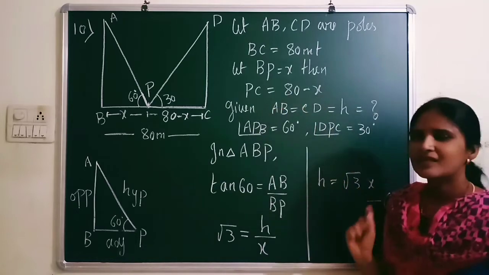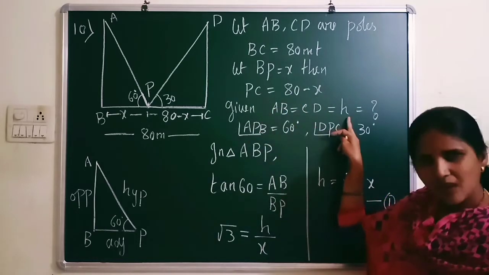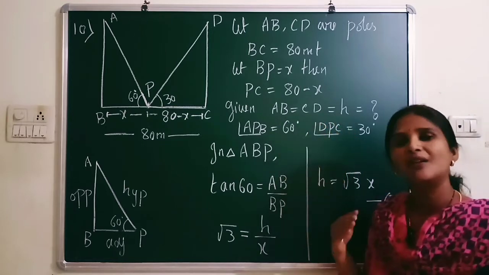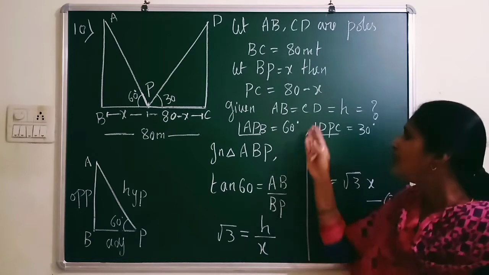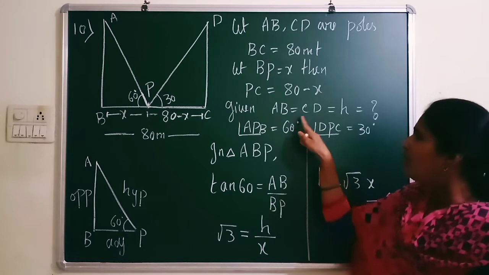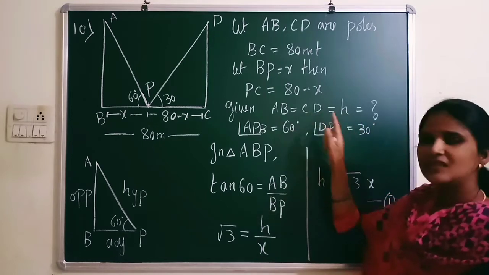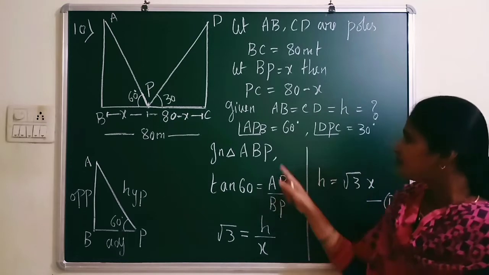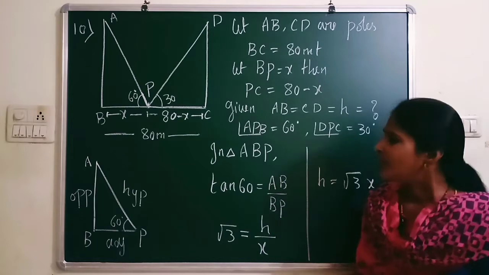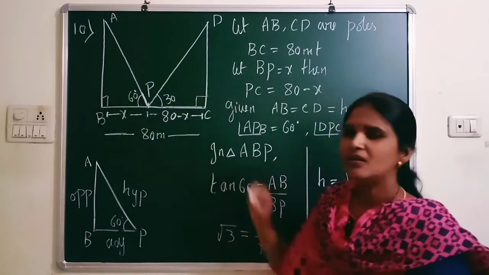Now, these are the starting assumptions, and he has given in the question that both the poles are of equal height. So, instead of using AB and CD, which are different and cause confusion, when any two things are the same, equate them to one alphabet. So I am taking this as H. AB and CD both are equal, equate them to H. Now, I need to find this, the height of the poles. And given APB is 60 degree and DPC is 30 degree. And clearly you can see this angle B will be 90 degree and angle C is also 90 degree.